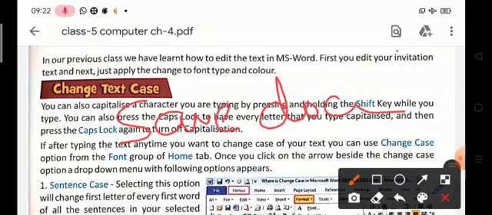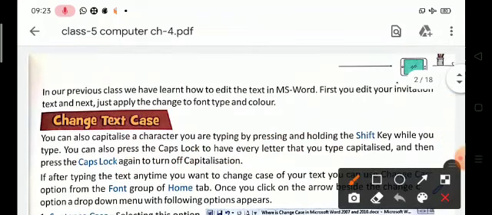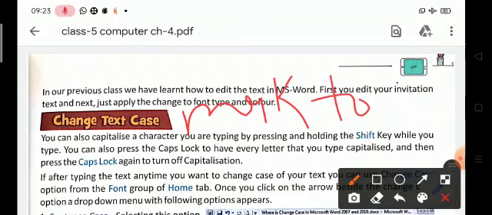Okay, now the question is, what is formatting in MS Word? MS Word includes several formatting tools that allow the user to make our text appear how we want, depending on the purpose of our document.